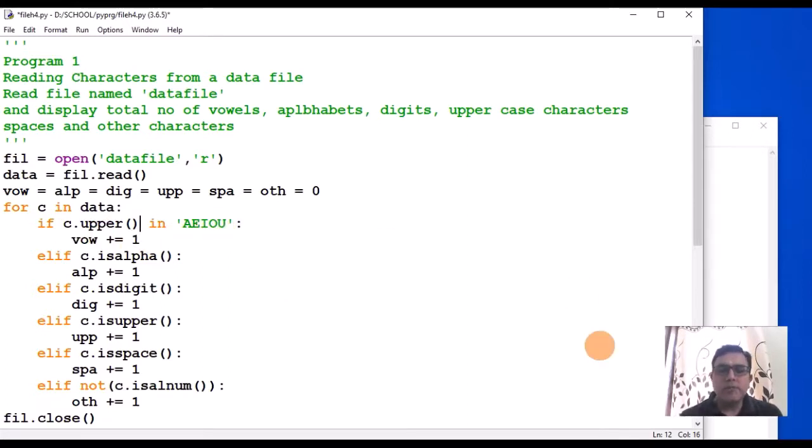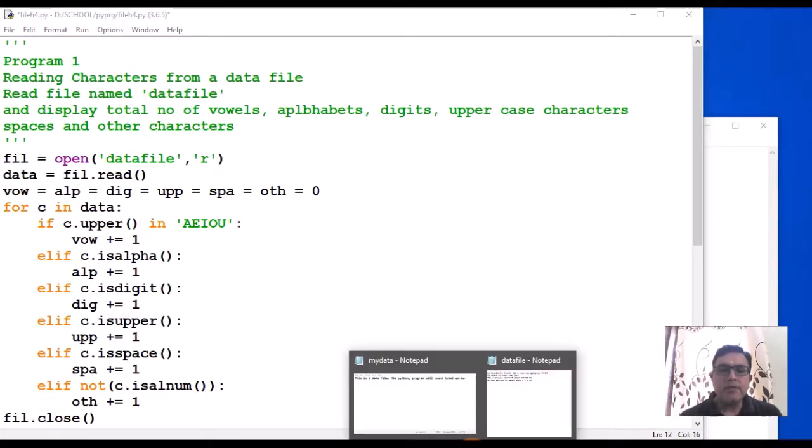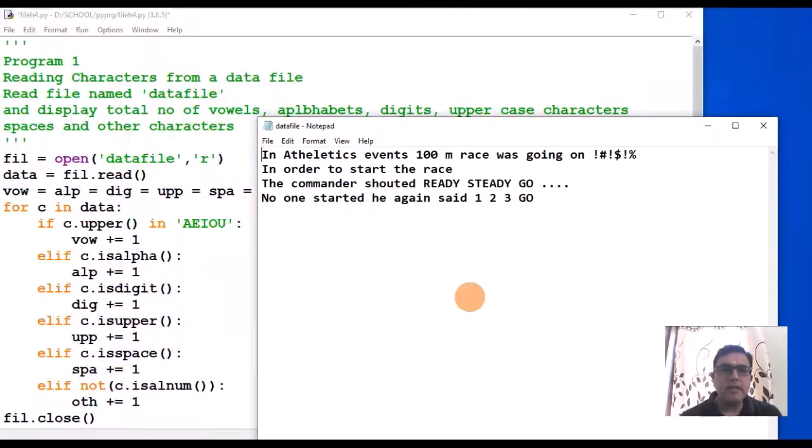What was the first character in the data file? The first character in the data file is capital I. So in C, I will come, I.upper() will remain capital I only. Then it will check whether I is in A, E, I, O, U. Yes, this character is in this string.